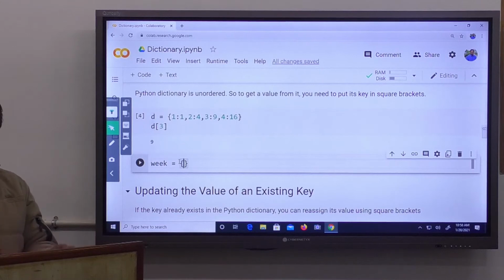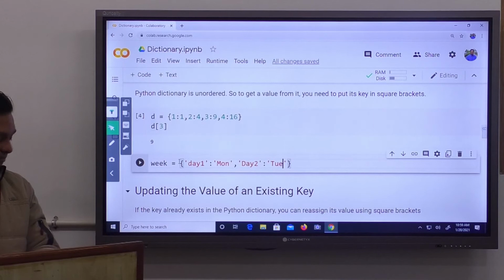Inside the week dictionary I have some keys like day1 and value as a string, suppose Monday, then day2 and value as Tuesday, then day3, value as Wednesday, and so on.